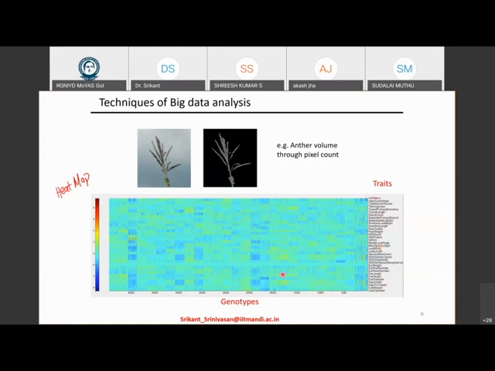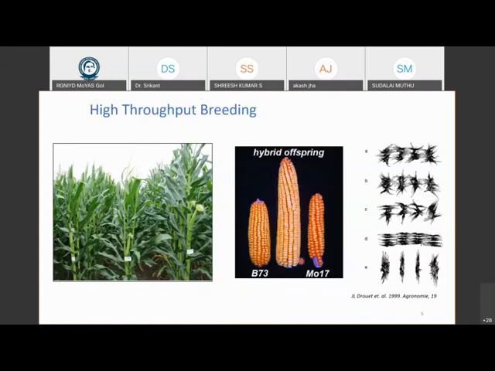You have thousands of varieties, and for each one, you're measuring these various traits. And clearly, this is an experiment that was carried out over a long period of time by many people contributing to just get this one data set. But once you have this data set, using a heat map, that is finding a correlation analysis, you can quickly tell how different genotypes are related to each other and what are the different traits that are related to each other. Now you may ask, what is the purpose of all these traits, right? Why do I need to know all this? After all, I have only one interest, how to get good yield. I want to get a lot of output. Well, you see, the problem is that when you're growing a plant, the maize plant, for example, takes 3 months to grow. You know the yield only after 3 months.